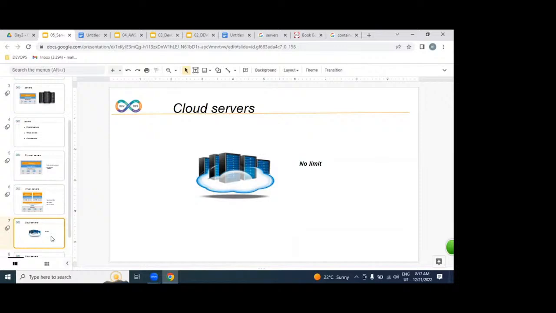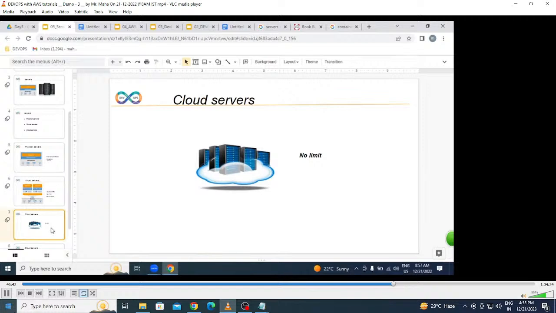That is the reason we are moving into the cloud. Why are we moving into the cloud? We are not worried about RAM. We are not worried about infrastructure. That is the reason we are moving into the cloud. Let us give one real-time scenario. You can understand very clearly. For example,